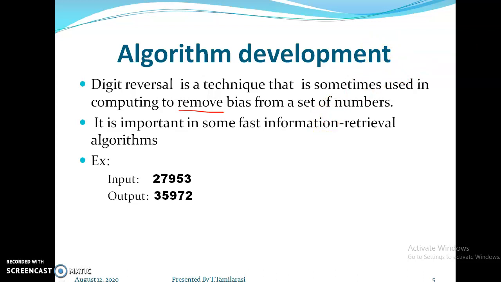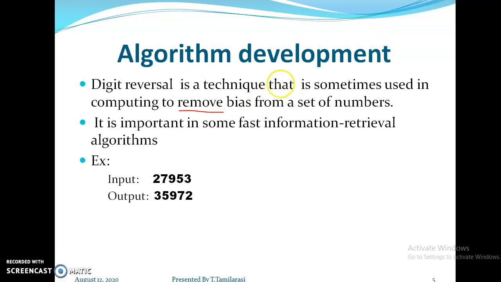Almost all of us are familiar with the ATM PIN. When we give the PIN in reverse format, the call is automatically directed to the police department. When we find something is wrong inside the ATM machine, at that time we can give the reversed number. When the PIN is reversed, there is a need to direct the call to the police department. Likewise, this program has been written inside the ATM machine.